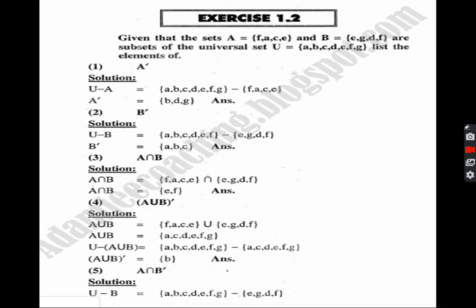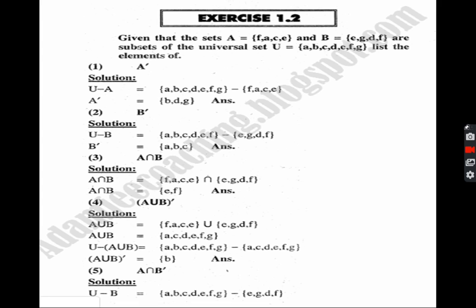यानी A complement का जो फॉर्मूला है वो U minus A है। और जैसा कि U की वैल्यू हम अपनी जगह लिख देंगे A, B, C, D, E, F, G माइनस FACE, ये हमारी A की वैल्यू। अब माइनस में ये होता है कि जो आगे वाली वैल्यू होती है वो U से माइनस होती है, तो जो U में एलिमेंट्स रहते हैं उसका आंसर आ जाता है। अब F लिखा हुआ है A की वैल्यू में, और वो U की वैल्यू में से कट गया, A भी कट गया, C भी कट गया, E भी कट गया, तो बचा हमारे पास B D G, ये हमारा आंसर आ गया।